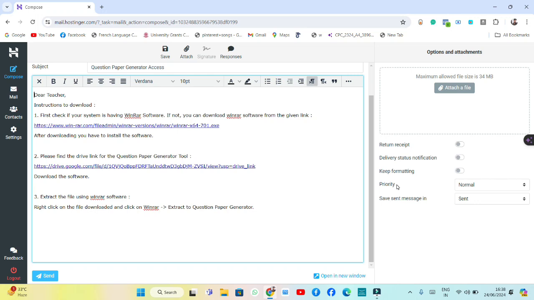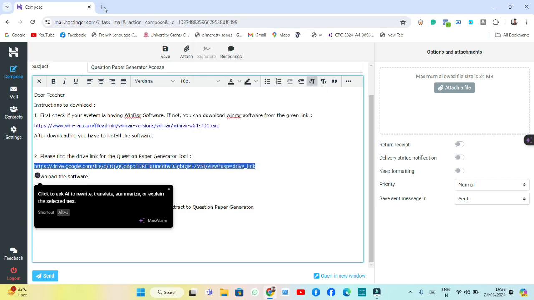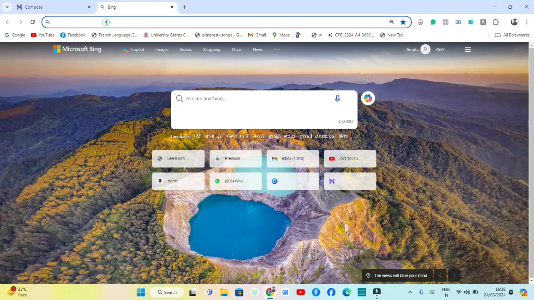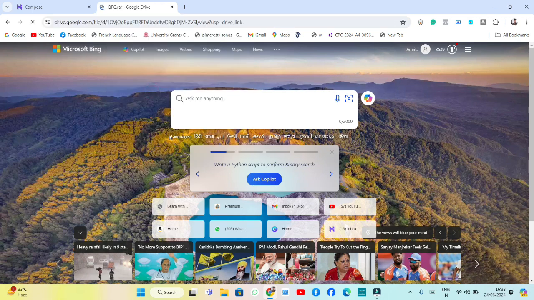So teachers, to download this question paper generator, first of all, you simply find the question paper generator link. Select it, right click and copy. After copying, go to a new tab, paste it and go to the link. So you will get this file